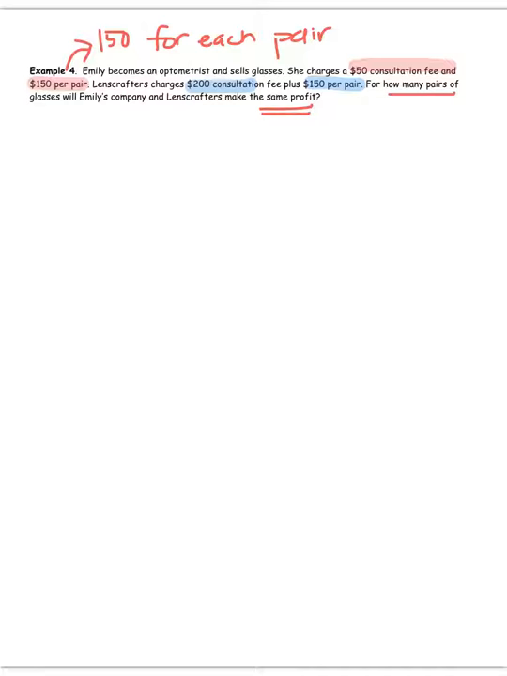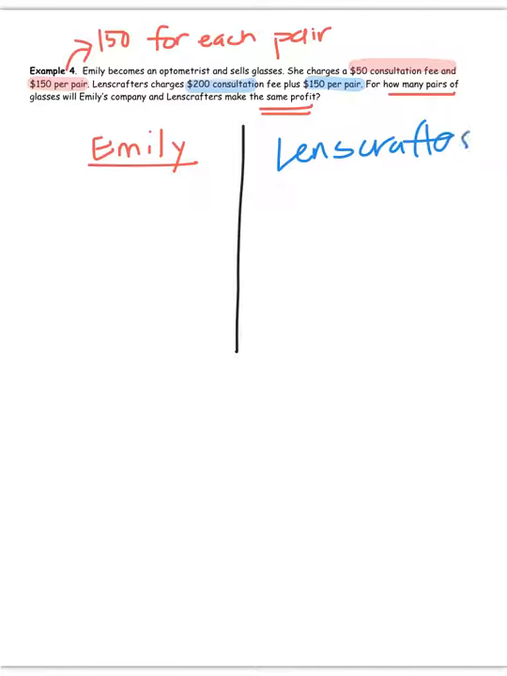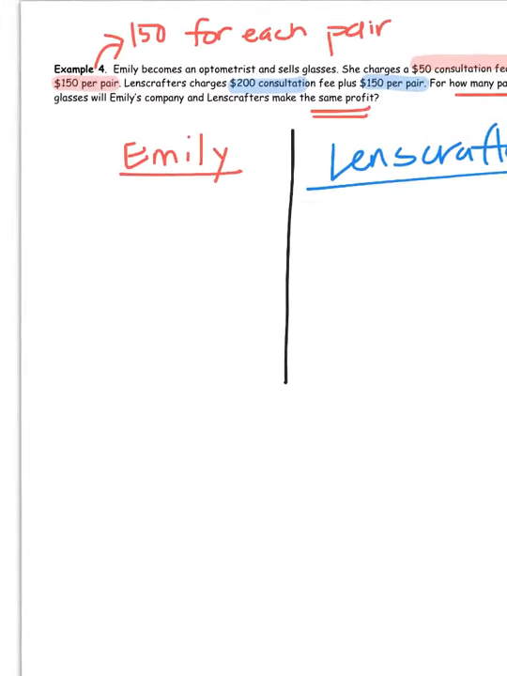So I want to do something here, just because it's your notes. Let's get really organized. I want to put here Emily on the left, and then on the right, I'm going to do it in blue because I have it in blue above, LensCrafters. And I want to write two different expressions. So I want to start first with Emily. Emily charges $150 for a consultation fee. And then on top of that, in addition, plus, she also charges